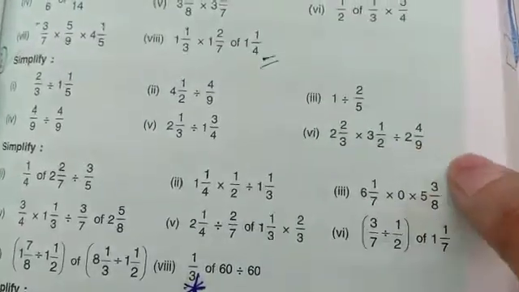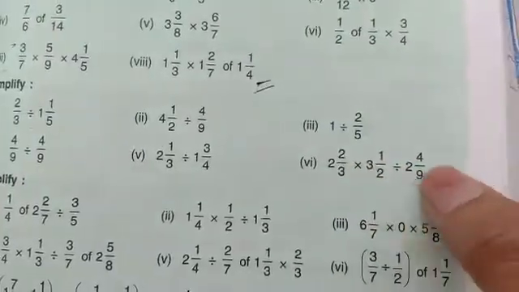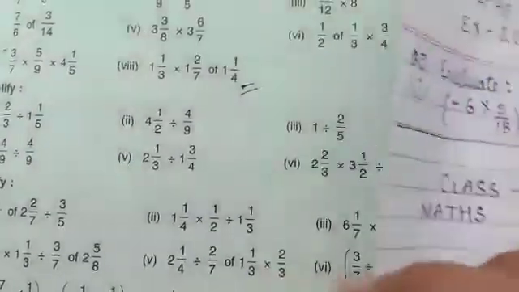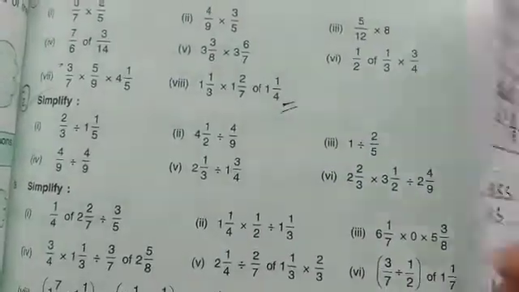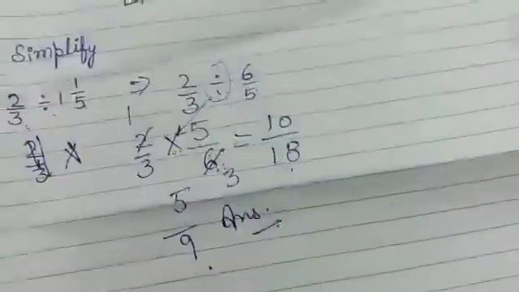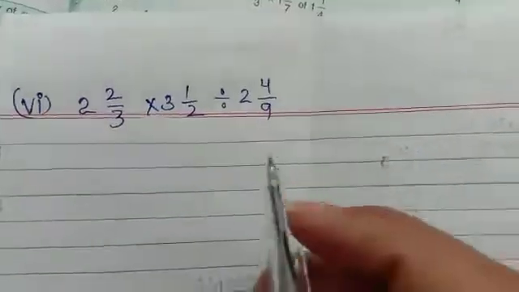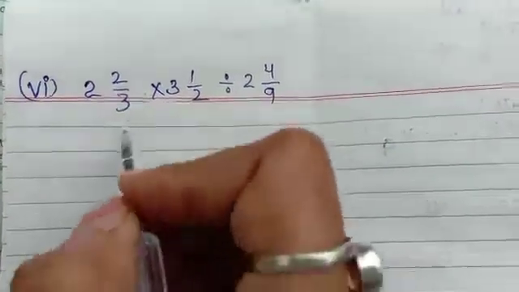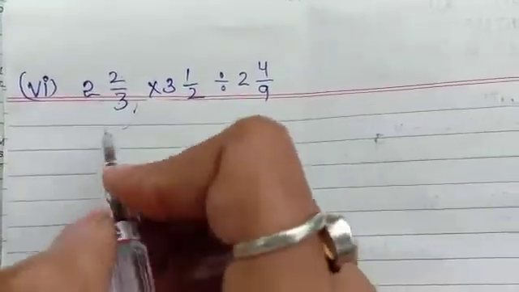Now you can be confused by watching this sum, that it seems so difficult, right? So I think I should do it for you. Okay, let's start with the next sum. Okay, what you do, change the fraction first. 3 2s are 6 plus 2, 8/3